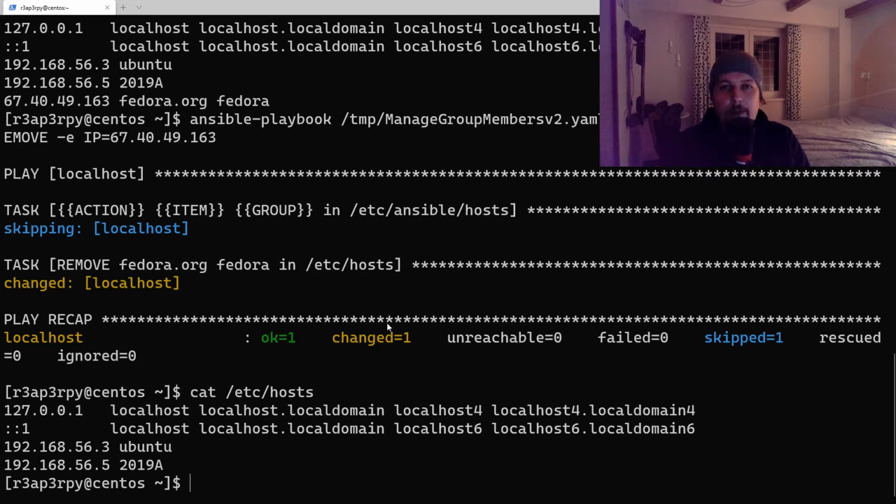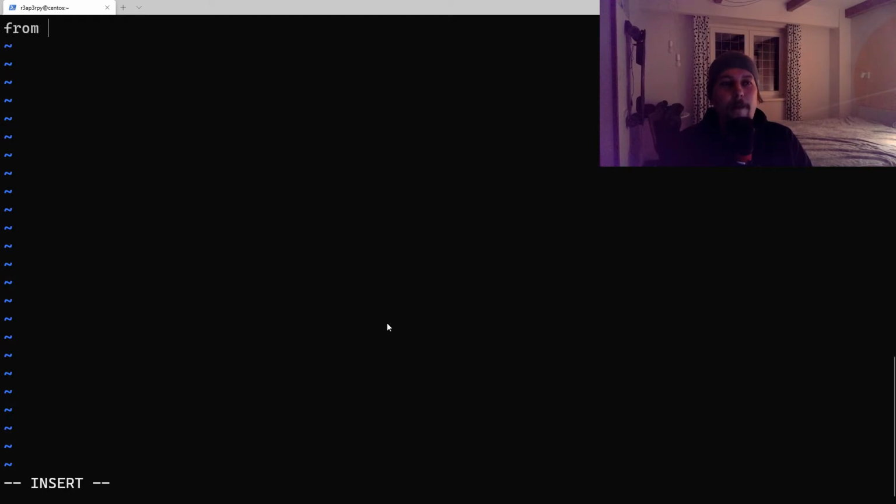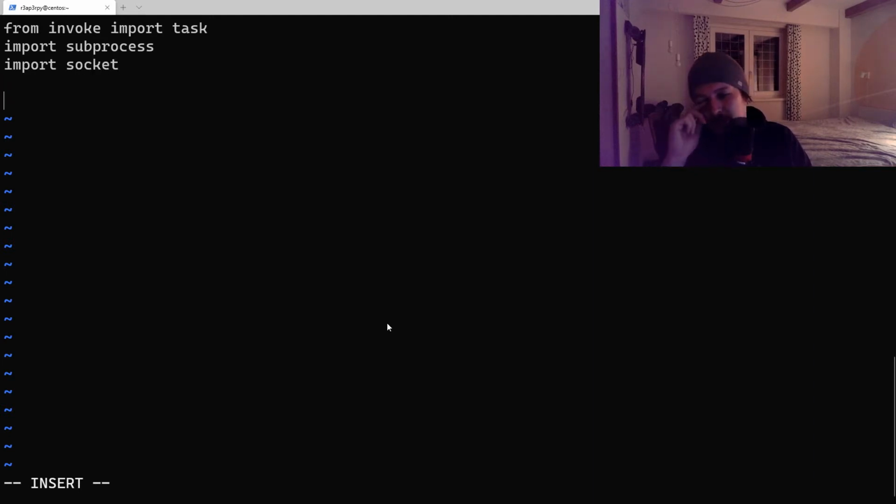So now what we would like to do is to create, with the help of the invoke module of Python, a CLI application to do both the group editing and the host file editing at once. So let's create our tasks.py, and from invoke we would like to import the task. And we need to import the subprocess and import the socket module. So the socket module is going to provide us the gethostbyname_ex function, which will return the IPv4 address of that specific